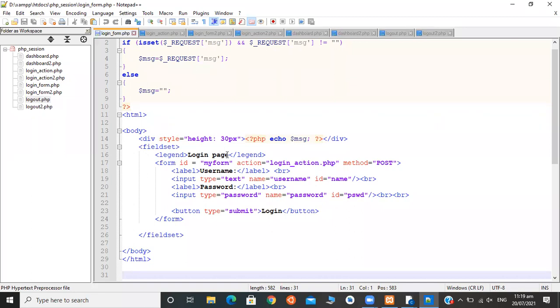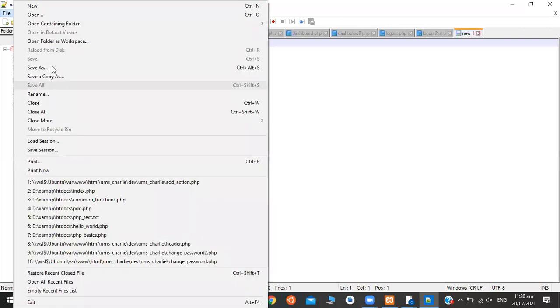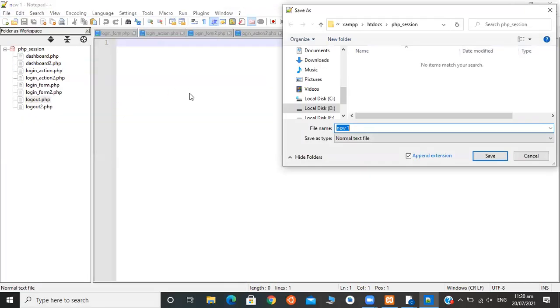Chaitali, you can take a new file. Add.php, add form.php. Let's save it as add form.php.